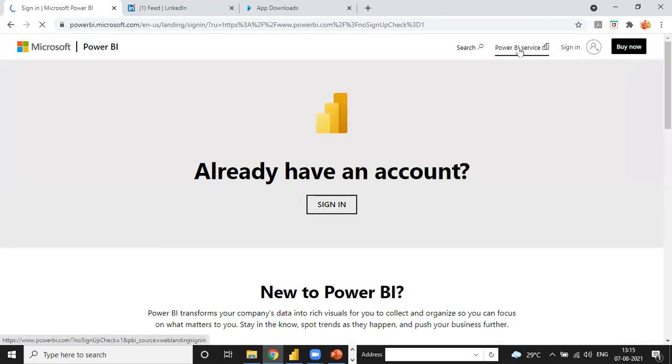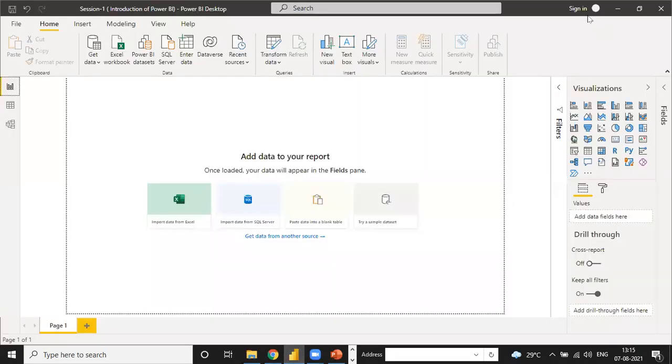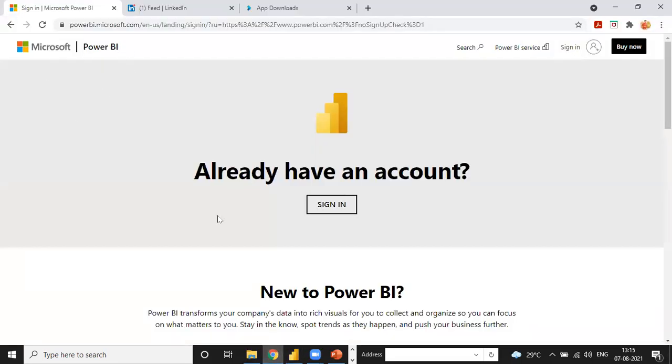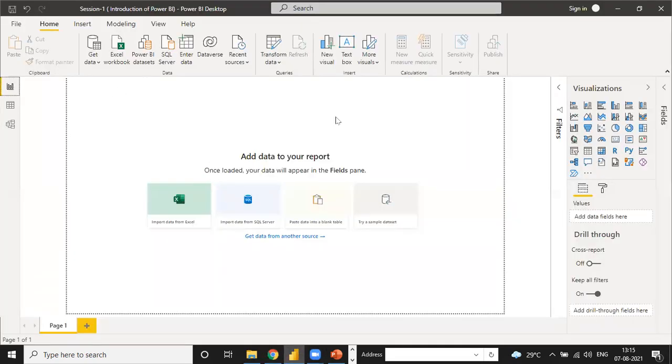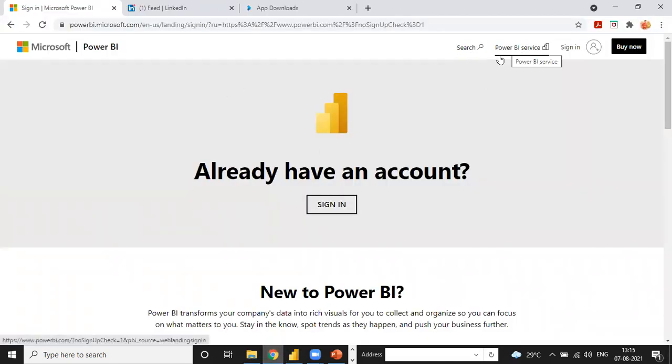See here, Power BI service. Here you sign in with this ID and password, and directly your report may be published onto the online platform. You can watch it anywhere, whether or not your system has Power BI desktop. You can watch the report you are making in Power BI desktop. Okay, so that is the use of Power BI desktop, and that is the use of Power BI service. In future I will tell you how to publish a report, how to set up security, and how to share the report. I will tell you everything.